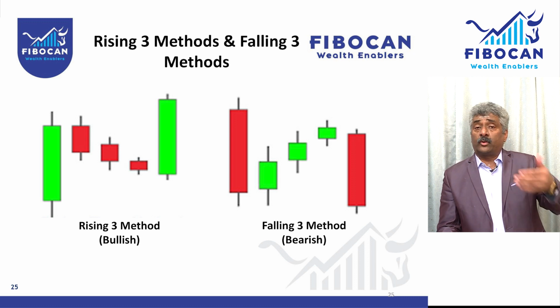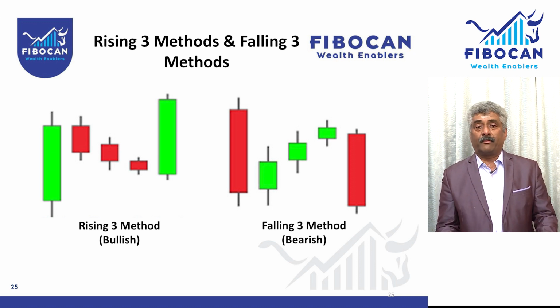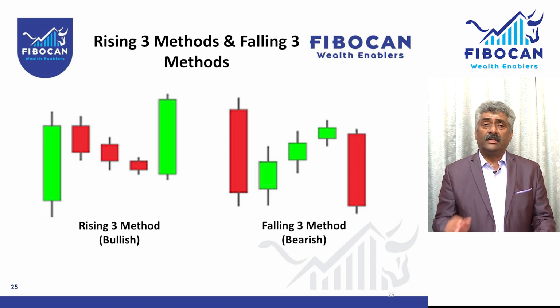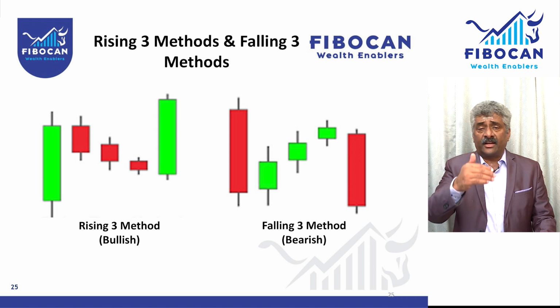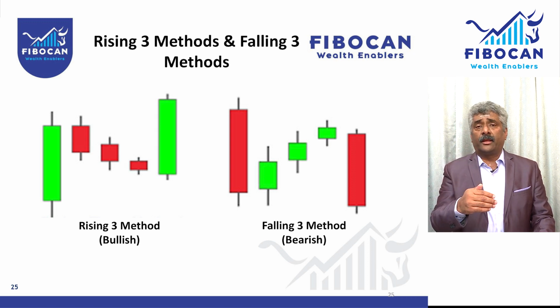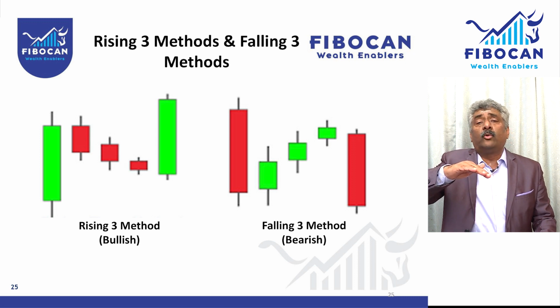Sometimes it can be after 2 red candles also. So that is what I said, don't take a scale, measure and keep all those mathematical things. Keep the mathematics out of it, understand the logic, simple logic, demand and supply, right? In a falling 3 methods, first there is a red candle, the trend was down, that is what it implies. Then there is a short covering that pulled, little short covering, but it is not good enough to take the